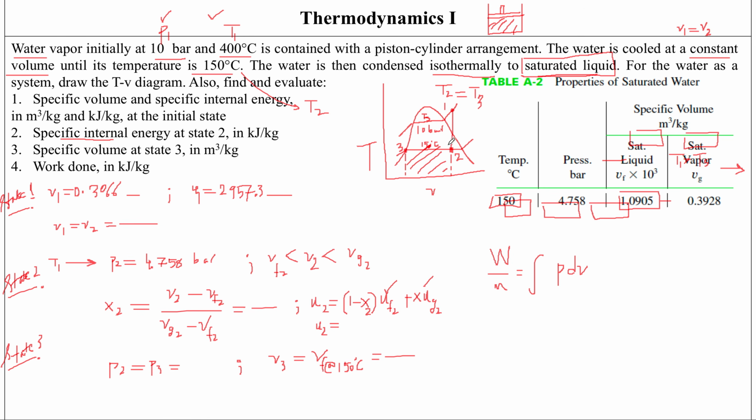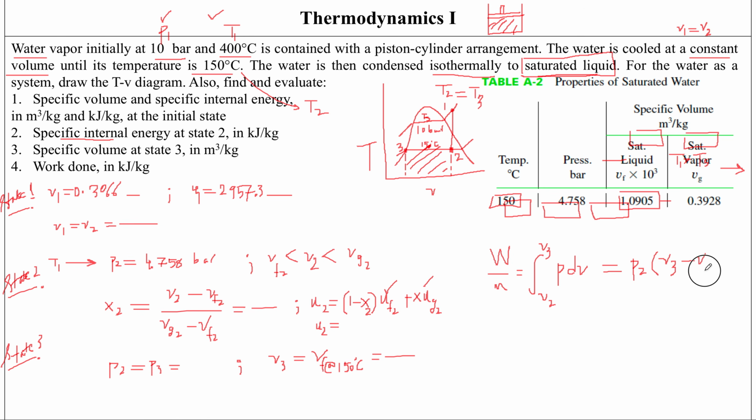Because we're looking at process 2 to 3, we're looking at specific volume at 2 to specific volume at 3. Because we're looking at a constant pressure process, the pressure term is going to drop out of here. It's going to become P2, multiplied with, when we take the integral for dV, the specific volume v, and once we apply these limits, it's going to be V3